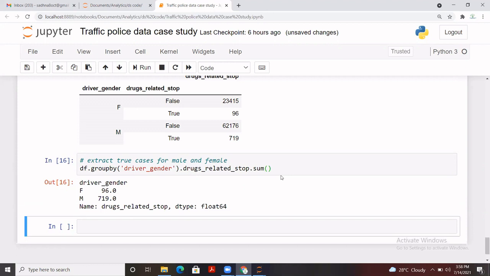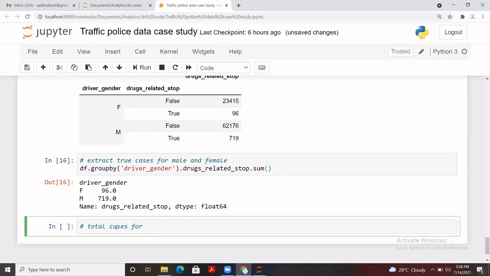So we can see how many cases we have for male and how many cases we have for female. So this is what we can check. For example, the total number of cases that we want to find out for true and false under drugs related activities, that also we can extract, like total cases.